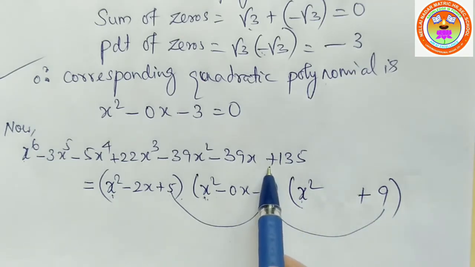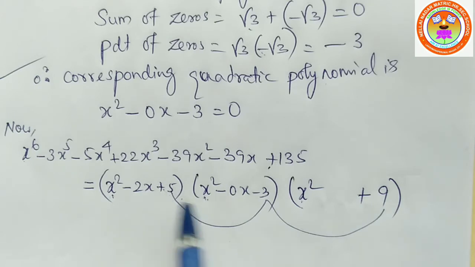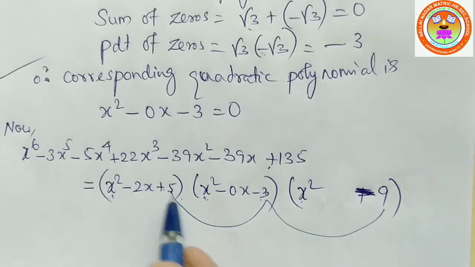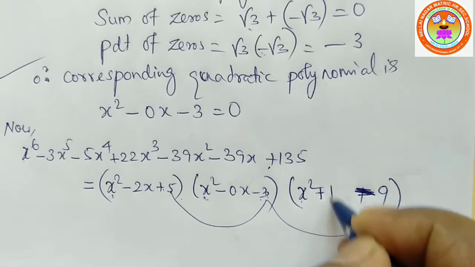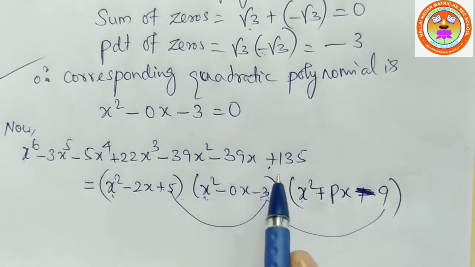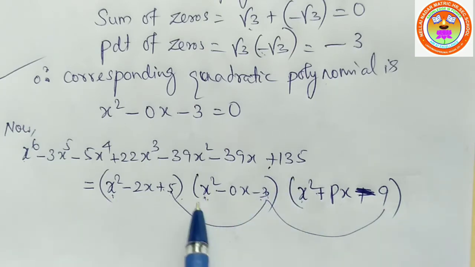We need plus, right? So here see, plus into minus, minus. So here it must be minus, then only minus into minus gives plus. 5 3s are 15, minus 15, minus 15 into minus 9 is plus 135. The middle term we are taking as px. We don't know the term p. So when we multiply these three quadratic polynomials, we will get the given polynomial. So both are same. Reason is, we have rewritten this 6th degree polynomial as the product of three quadratic polynomials.